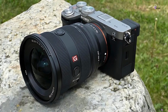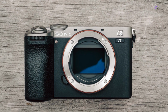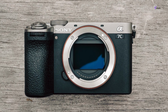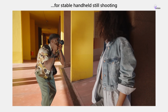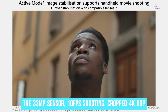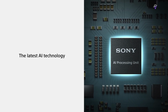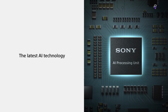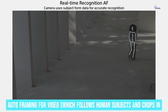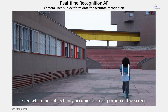And what you get with the A7C II is effectively a Sony A7 IV squished into the body of an A6XX, with all the same specs and even a few more advanced features. On top of the familiar tech, the 33MP sensor, 10 frames per second shooting, cropped 4K 60p, you also get a dedicated AI processor that packs the latest subject tracking autofocus modes, auto framing for video, which follows human subjects and crops in like a virtual cameraman, as well as features like time-lapse and focus bracketing, something